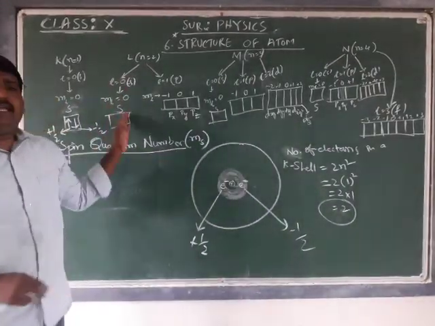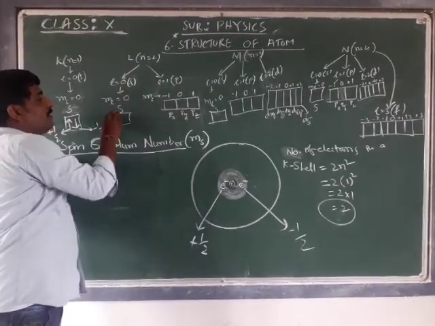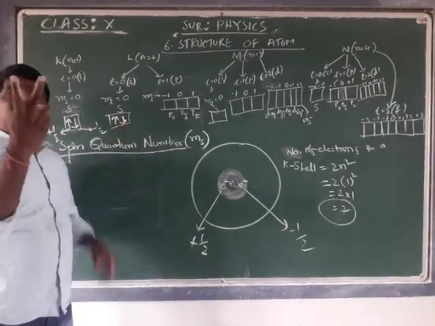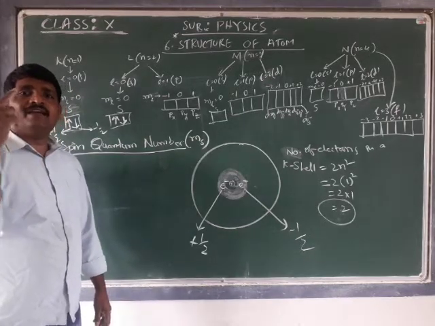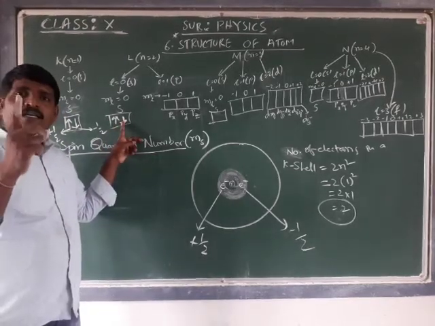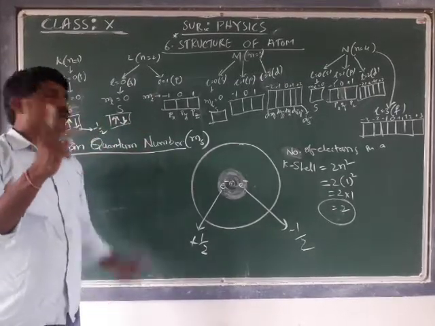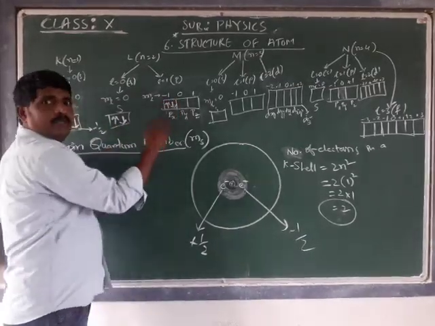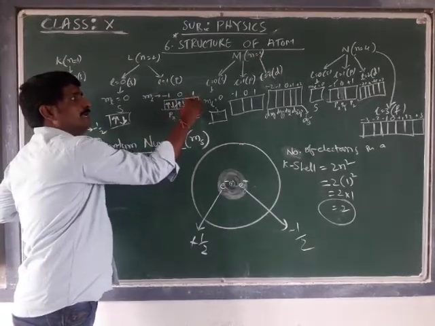This holds for every orientation, not only S. Suppose if I take 2s, how many electrons can I fill? The S orbital can have only ml is equal to 0, only one orientation. In one orientation we can fill only 2 electrons. Keep that in mind. Are you able to follow? In one orientation of the orbital, we can fill a maximum of 2 electrons. In px how many can I fill? 2. In px I can fill 2, in py I can fill 2, and in pz also I can fill 2.